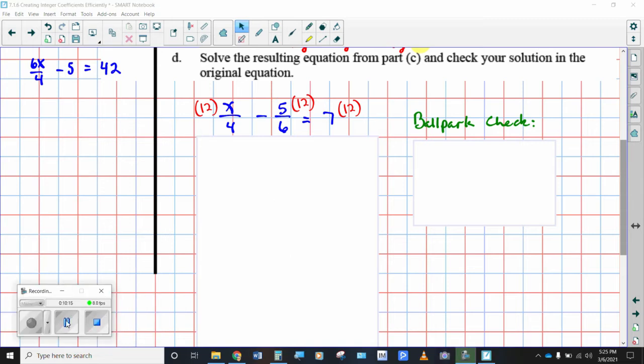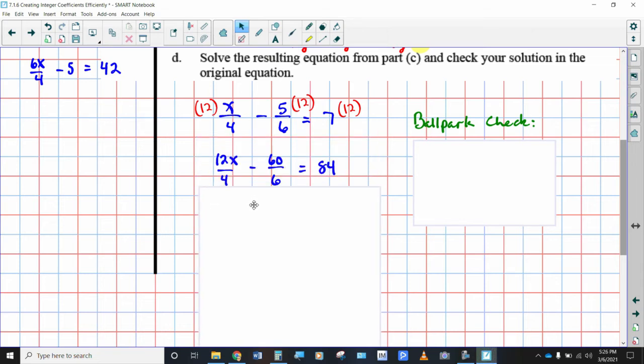process. All right, let's see how you did. If you multiply 12 times this, literally that becomes 12x divided by 4. Okay, so you could do some cross-canceling there, but sometimes students prefer to write it this way. And now 12 divided by 4 is equal to 3, right? And 60, that becomes 60 divided by 6. And this doesn't have a denominator, so we're just going to have to multiply the 7 times the 12 with nothing canceling out. So that's going to become an 84, but this can become a 10, and that can become 3x. So multiplying everything times 12, we rewrote this equation as 3x minus 10 equals 84, which looks a lot